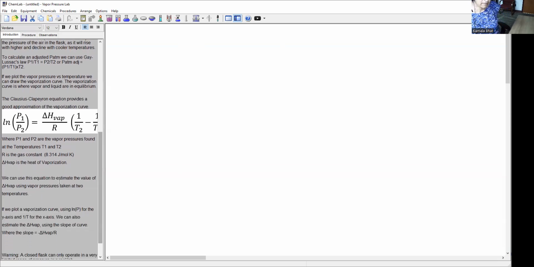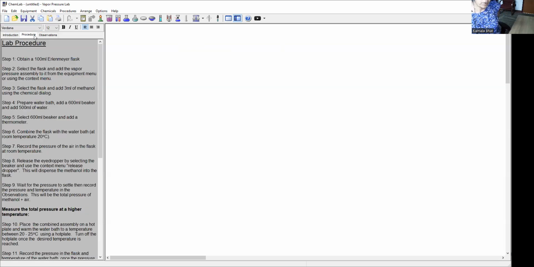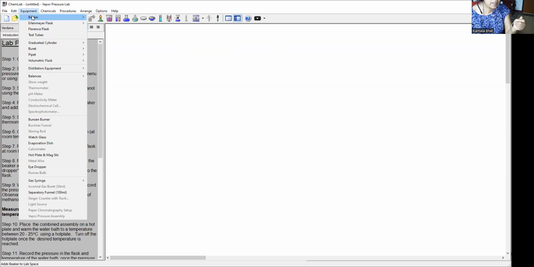So once we calculate it, then we'll record it at different vapor pressures at different temperatures under the observation. Now, to do this particular experiment, I'm not going to do the whole thing, but I'm just going to show you a short one, and then you can repeat the same experiment with all the instructions that follow. So first, I have to obtain an Erlenmeyer flask, go to the equipment, get an Erlenmeyer flask,